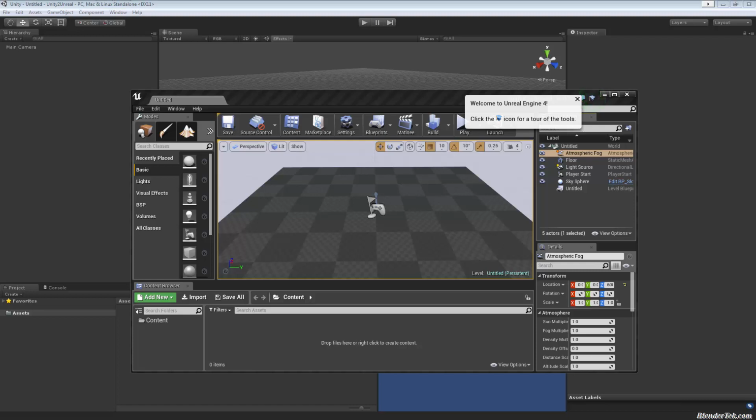Instead, I'm going to take a new approach. As a new engine refugee, I'm going to post videos describing how I make the switch from Unity to Unreal. These won't be professional videos, I'm just learning, but if you're looking to switch to Unreal from Unity, or you're starting to get curious about all this talk over the internet about this new approach that Epic Games is taking with their Unreal Engine, then this series of videos may be of interest.